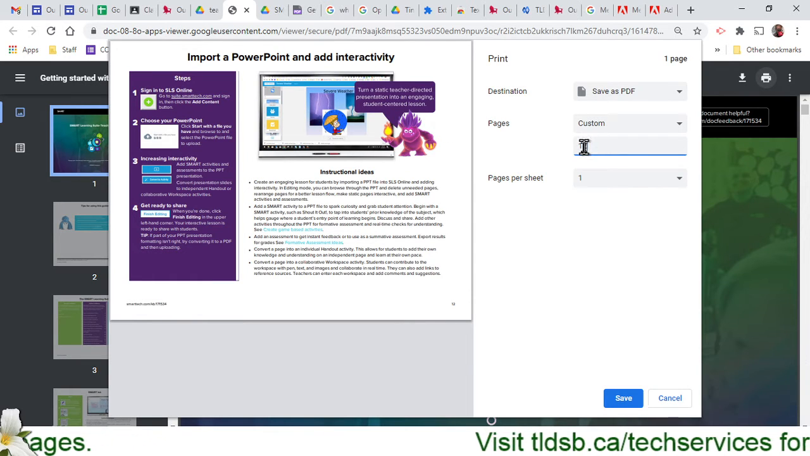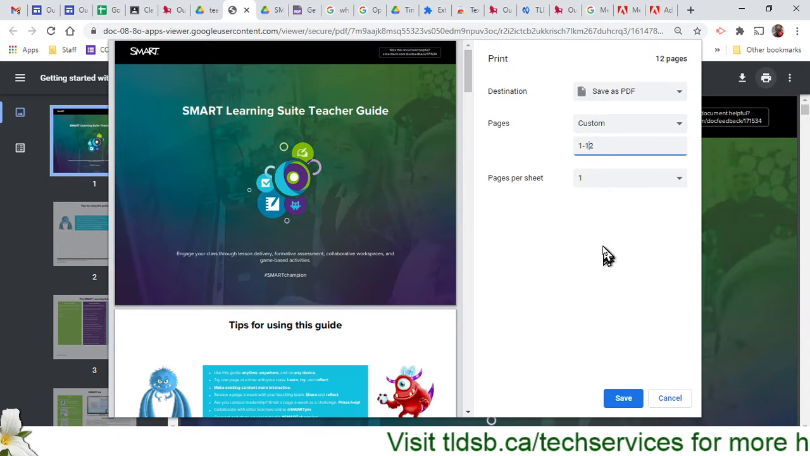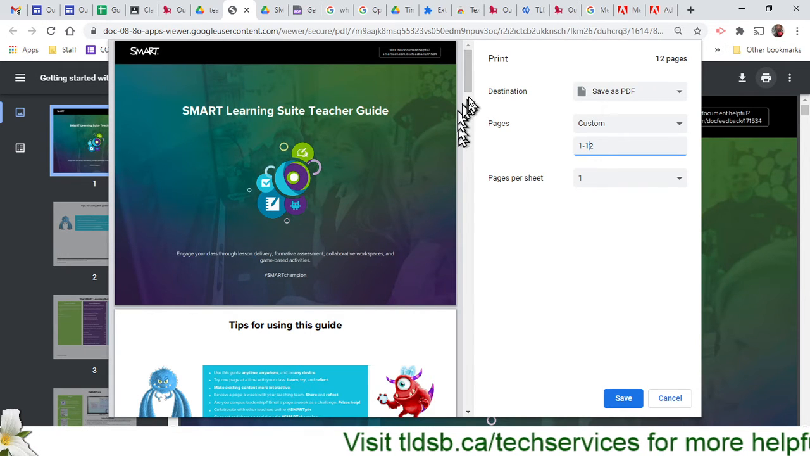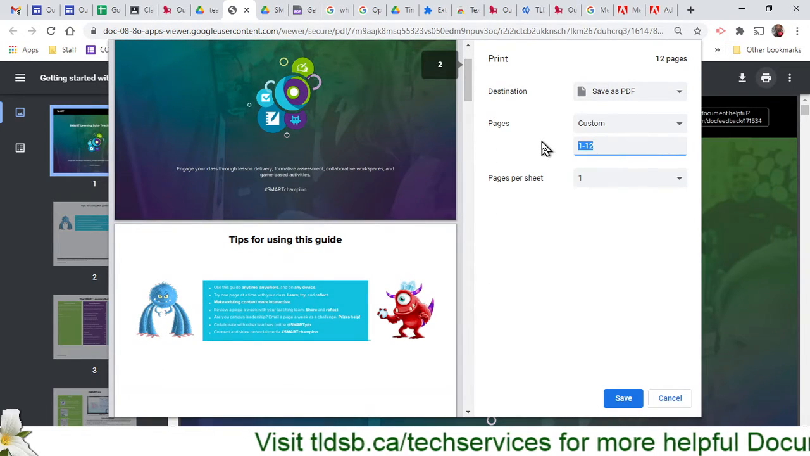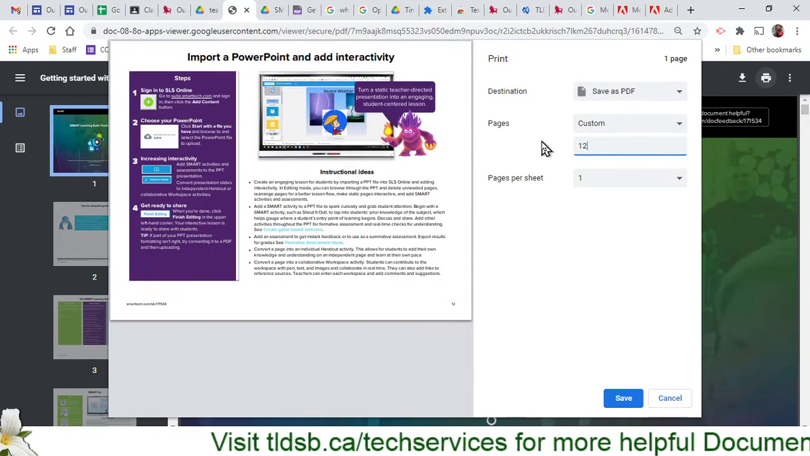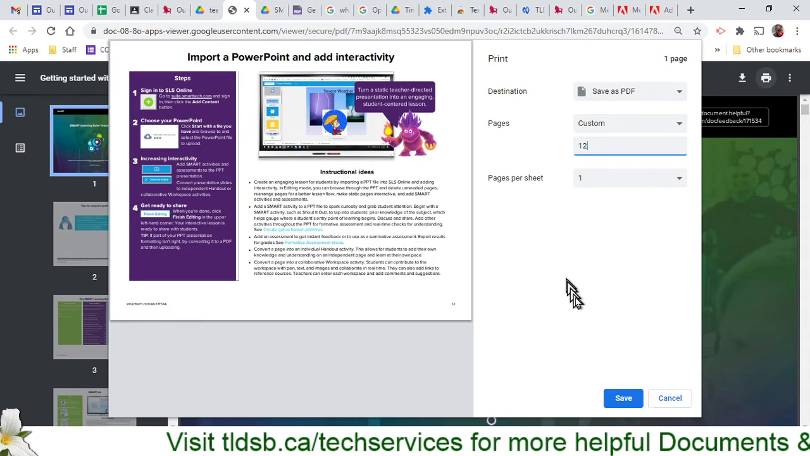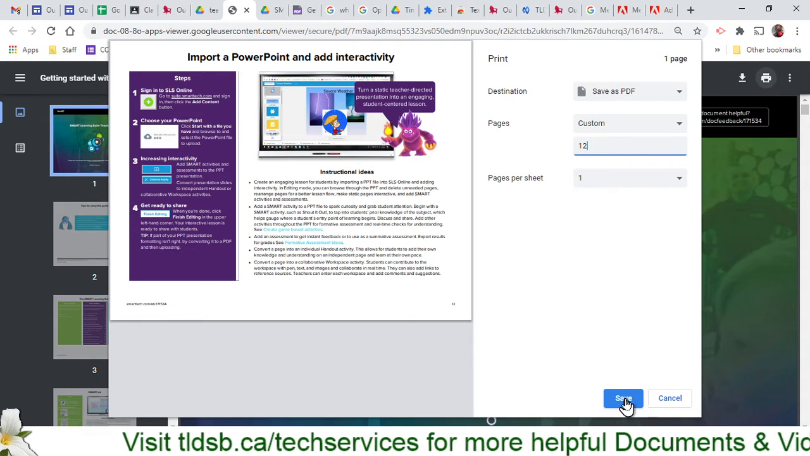Now I could do a range of pages. I could do, say, page 1 to page 12 if I wanted to do it that way, 1-12, and it would give me a 12-page file here. But, as I said, I only want page 12. One page, that's it. Now, I'm going to come down to the Save button,